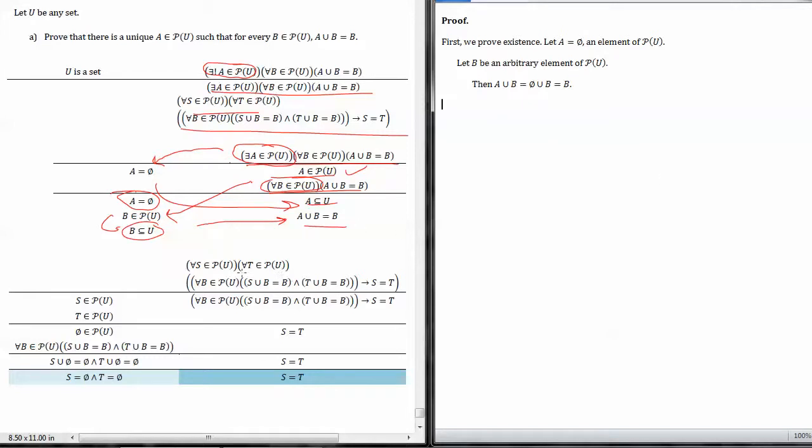And then we went for uniqueness. And so first of all, we had to take S and T to be arbitrary elements of power set of U, leaving us with this conditional statement as a goal. And then this huge antecedent here became a given, leaving us with a goal of S equals T. Let's write that down. So next, we prove uniqueness,